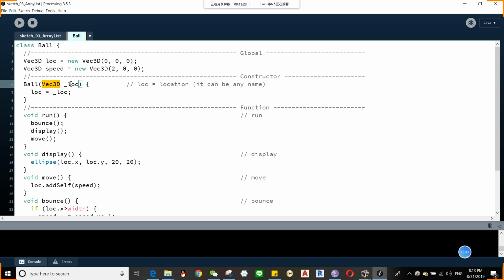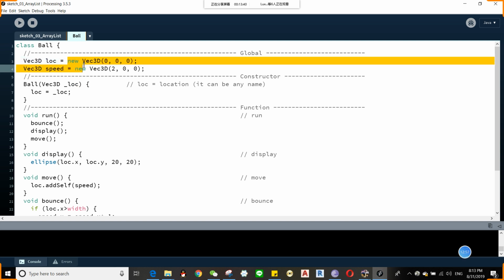It's Vec3D type, and it's one value. Now you see, Vec3D, the name is location, or LOC, equals new